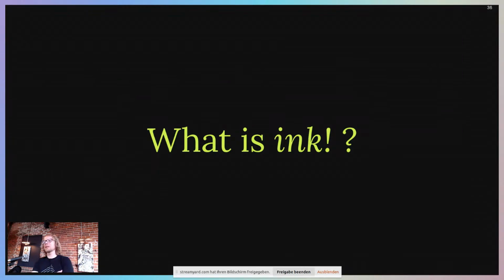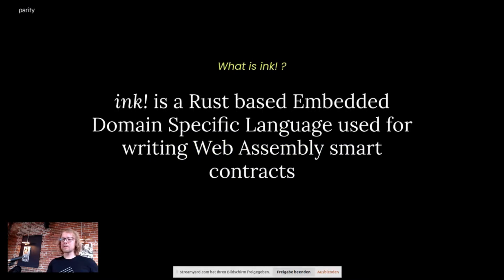So the idea of this talk is a bit to take you up from having some basic background in Solidity. I do my best to also extend this to general programming experience and to guide you to how those principles apply in Ink, because basically Ink is a Rust-based embedded domain-specific language, which is used for writing WebAssembly smart contracts. So this means you're able to write your smart contracts in Rust,